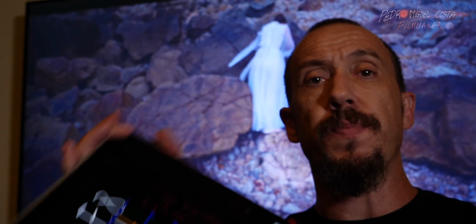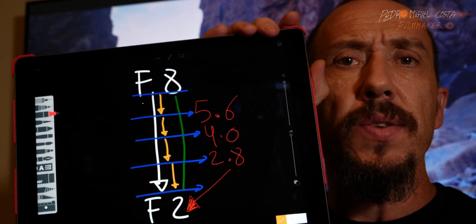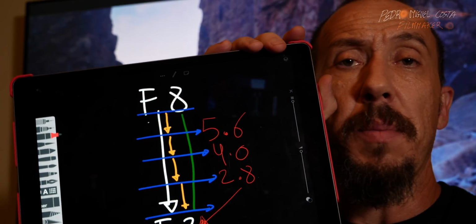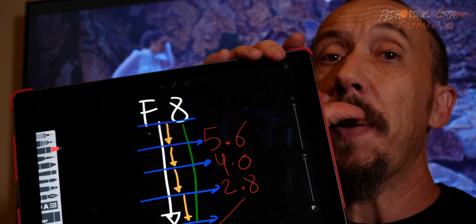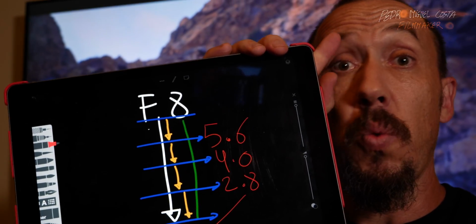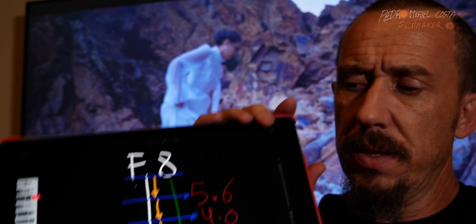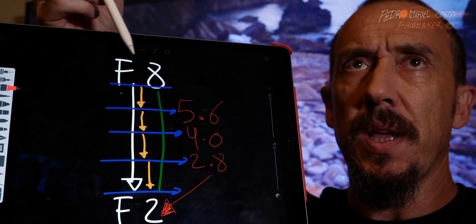so I will show you in a moment. So the light meter is reading f8, imagine at ISO 400, but you want to use your lens at f2. In this image, see f2